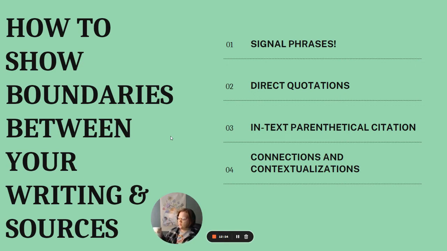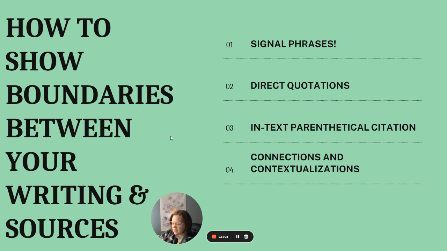Signal phrases indicate where the source material comes from, introducing your sources. Direct quotations, however, may use signal phrases, but they're also going to have material quoted word for word from the source, and it's going to use proper punctuation to show that. Your in-text parenthetical citations show the boundaries as well. It's going to show your reader the location that you used, where it comes from, web page, source, YouTube videos sometimes. TikToks are becoming a thing now. You can also use documentaries, things like that. The citation says, here's where it comes from. I can go to that and see it.